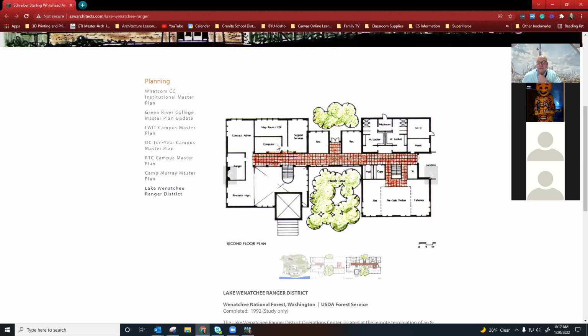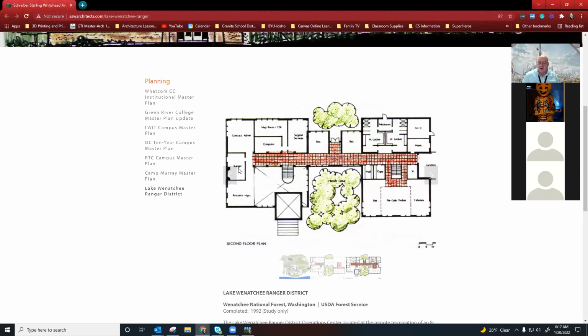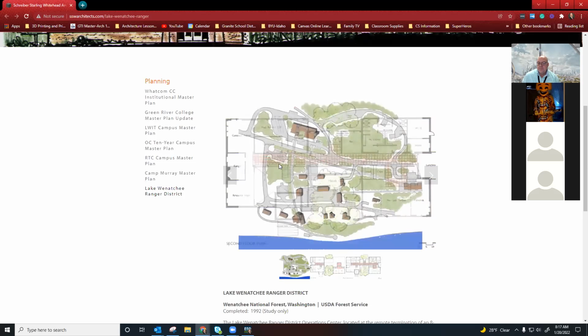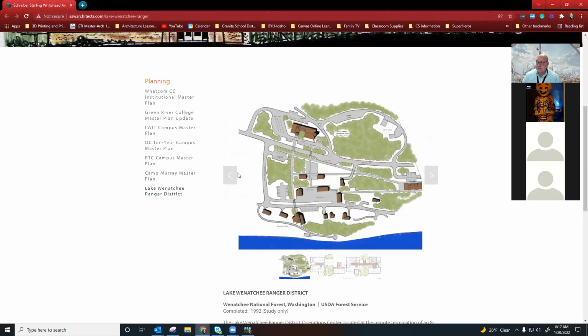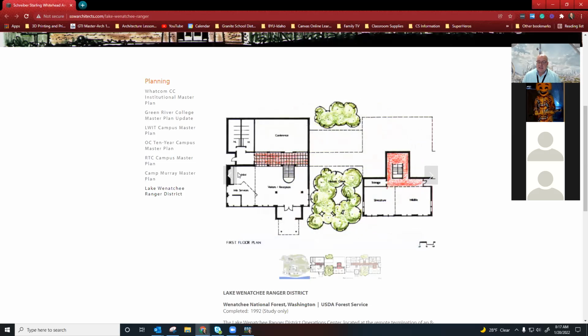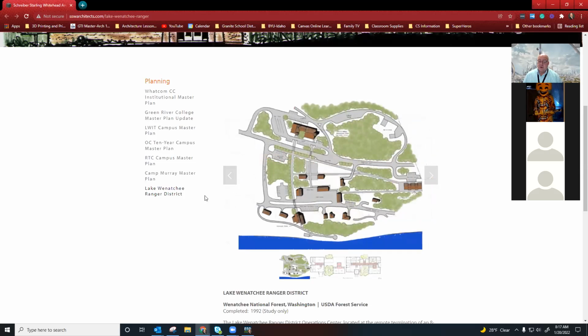You've got map rooms. Believe it or not, people still need maps. GPS doesn't work so good in some of our parks. There's no towers there for the signal. I don't know if you've been listening to the news lately, but that was one of the reasons why our big mobile networks were pushing the 5G system here in the United States. 5G in the US is 8 times stronger than it is in Europe. And because of that, the airline industry is a little concerned about the signal conflicting with what goes on in aircraft. So right now everything's on hold,